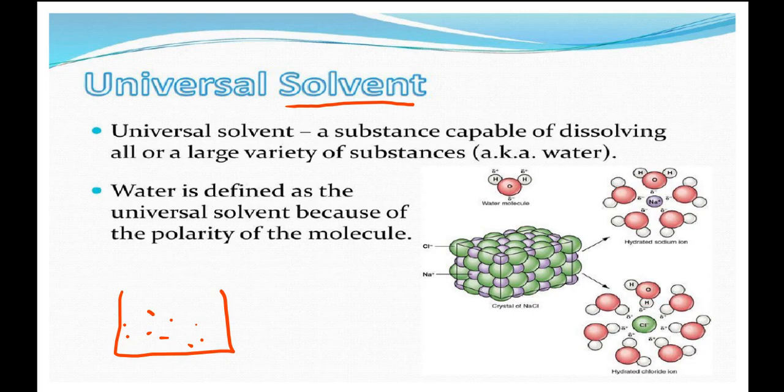When you put sugar, it will dissolve. When you put salt, it will dissolve. So there is a range of things that can dissolve in water. There is no other liquid known that has the capabilities of water. So we refer to water as the universal solvent because it is capable of dissolving a large variety of substances. Water is defined as a universal solvent based on the polarity of the